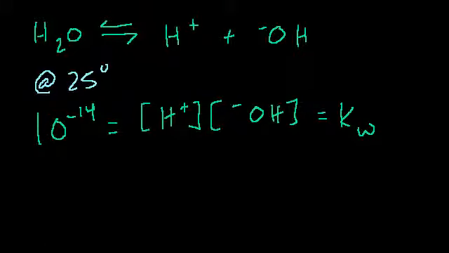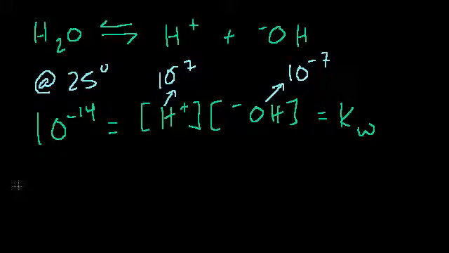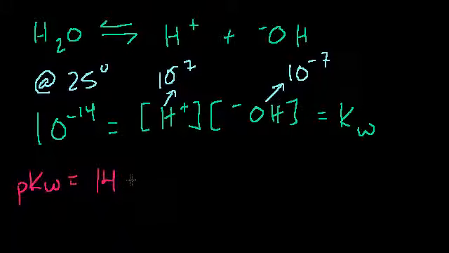Because water by itself will have a hydrogen concentration of 10 to the minus 7 and a hydroxide concentration of 10 to the minus 7. And if you take a log of everything, so if you take the pKw, what was that? Well, if you put a p in front of something, that means you're taking the negative log of it. So the negative log of 10 to the minus 14, the log base 10 of 10 to the minus 14 is minus 14. So the negative log is just 14. So pKw is 14, and that is equal to,